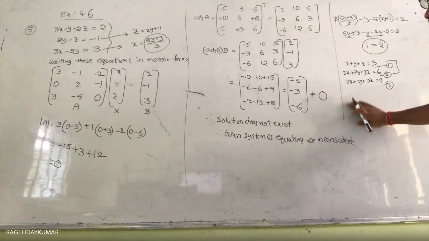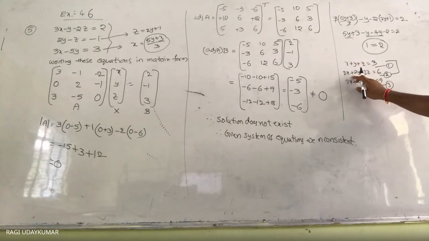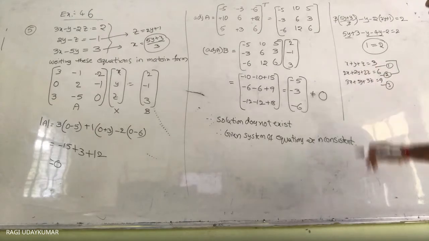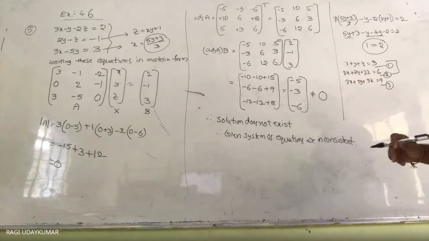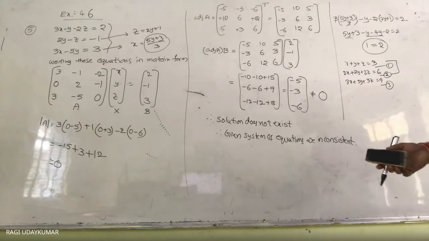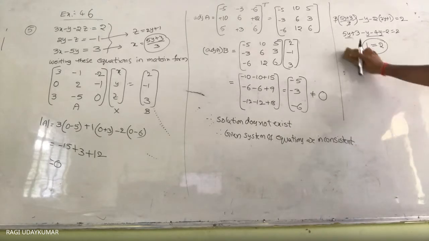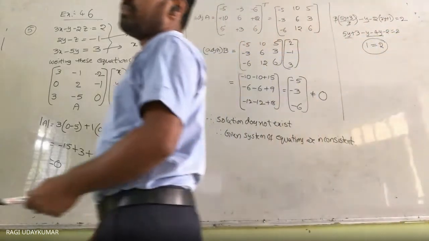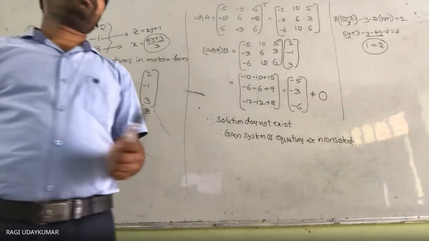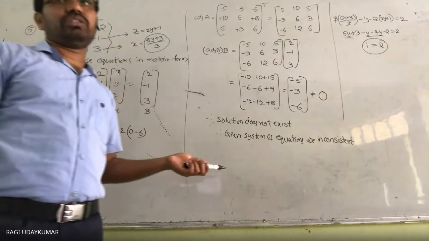To eliminate x from 1 and 2, try multiplying by 2. No, everything will be eliminated, there is no chance. For 1 and 3, or any equation, if you try to eliminate one variable, then the other variables also get eliminated, so it is not possible. That's why we are going to get an infinite number of solutions in that situation. So here there is no solution.